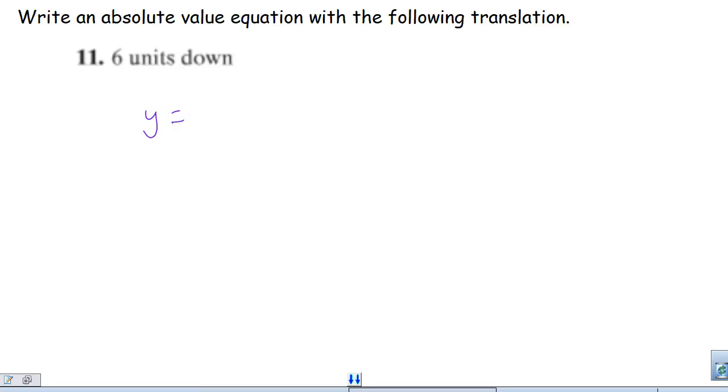And what are you guys writing for this one? Very good. Yep, y equals the absolute value of x minus 6. Very good. I'm going to start up a